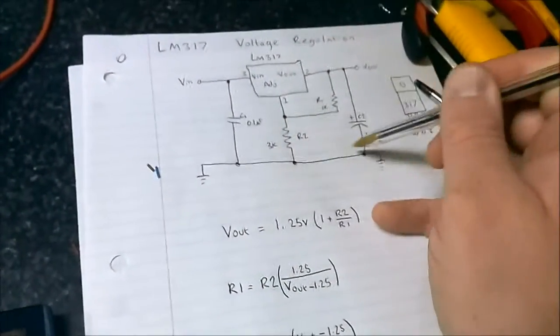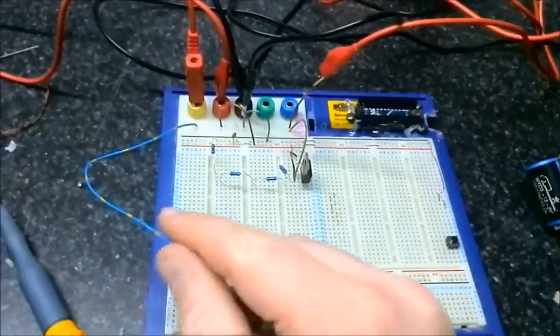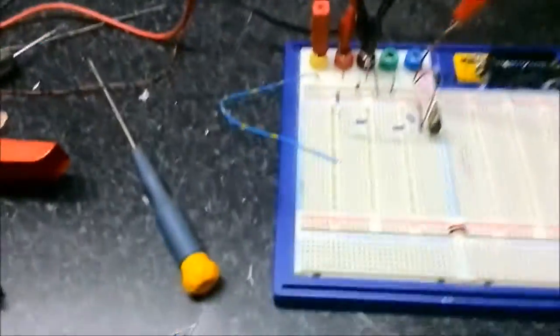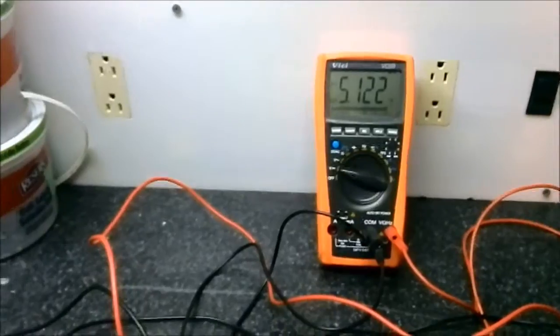Going to ground as I stated here. Now this I actually have hooked up ready to be replaced to show you a variable version. But as it is right now, it's set as a fixed output of 5 volts. So let's flick on the switch. Okay, it says 9.1. I actually measured it as a 9 in the meter before. Okay, so now here's the output,